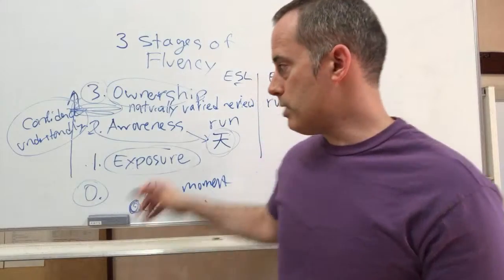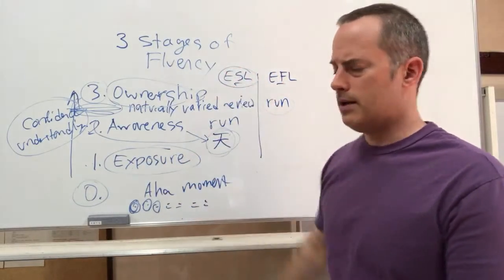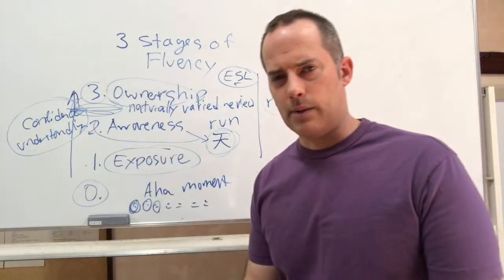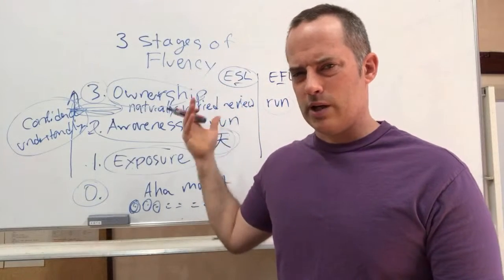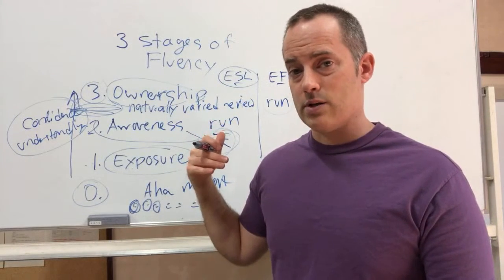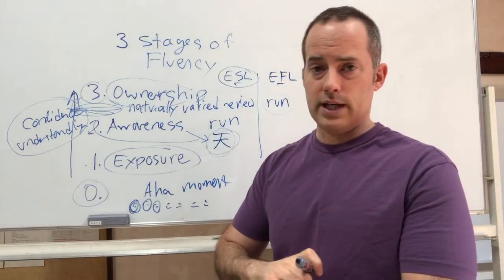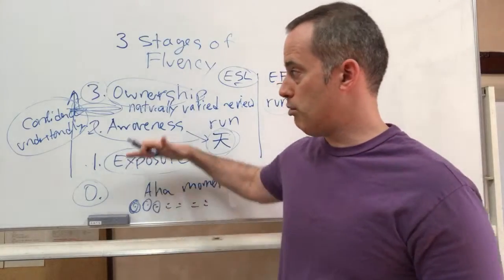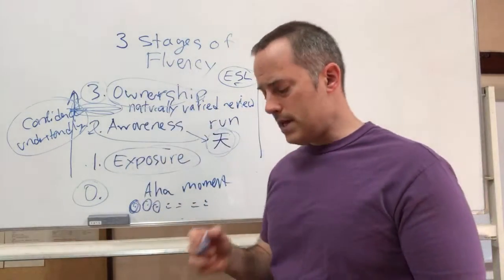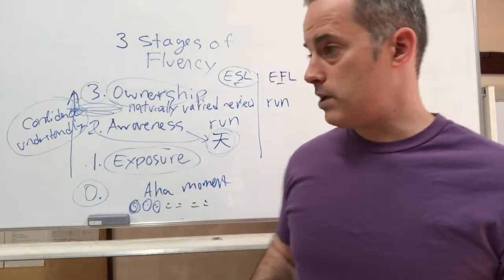All right? So the reason most people get stuck is they're getting exposure at the kind of ESL level where they're learning something and they're not really understanding it very well because they're learning it through their native language. They're getting translations and definitions. And even if they are learning it in English, they don't really understand it like a native understands the language. So the point is to move up through these different phases or steps, and that's how we get to fluency. All right. Now I want to make sure everybody understands this.